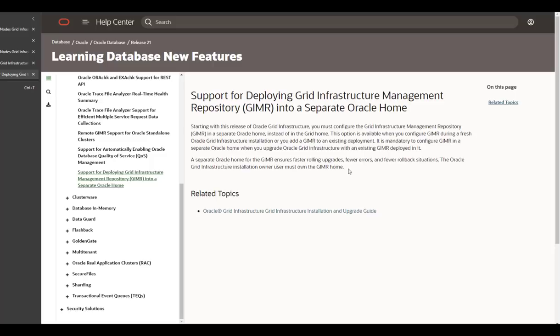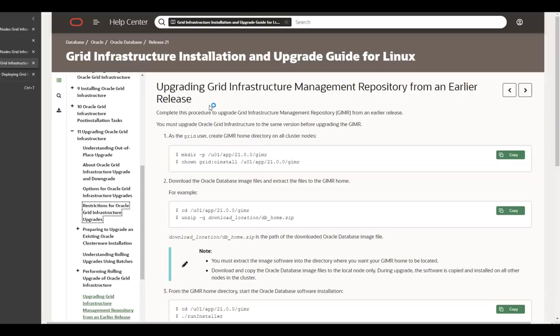That's why you need to create a separate Oracle home and then proceed with the upgrade, and this is what we are going to follow here. Starting 21C, the grid infrastructure management repository will not run in the same home with grid infrastructure.